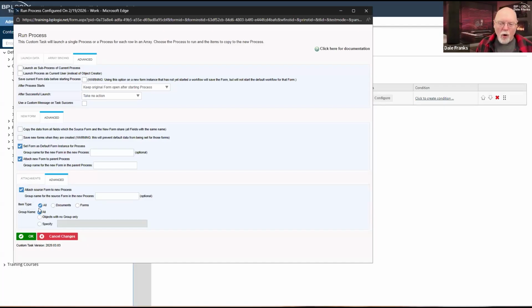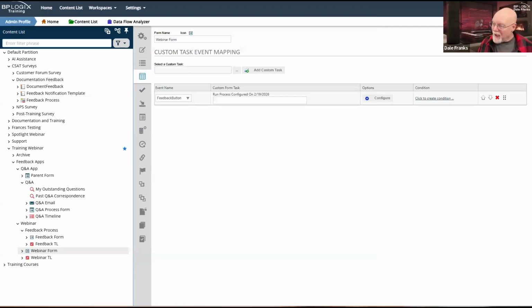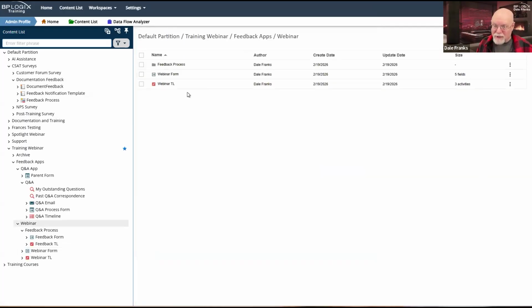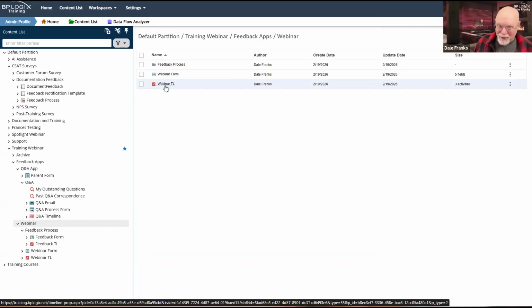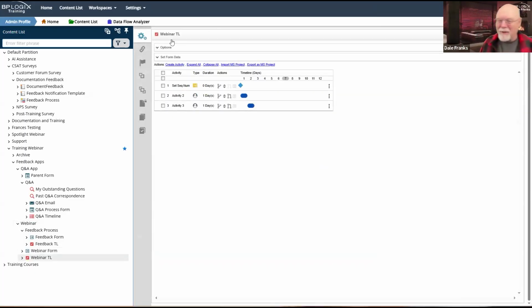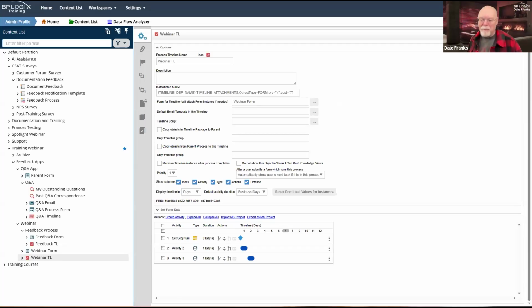That's what our normal configuration is. In fact, we also have to go look at the process timeline. This does get a little more complex than just cowboying your way through creating a feedback form. So let's go into our options from our parent timeline.